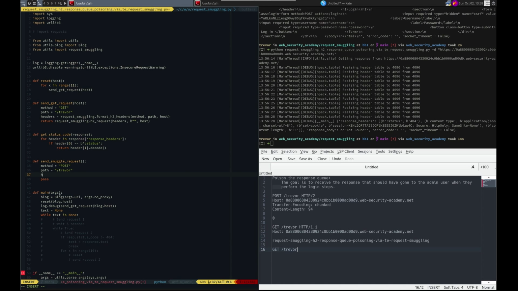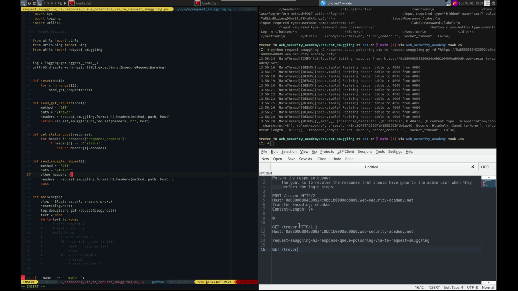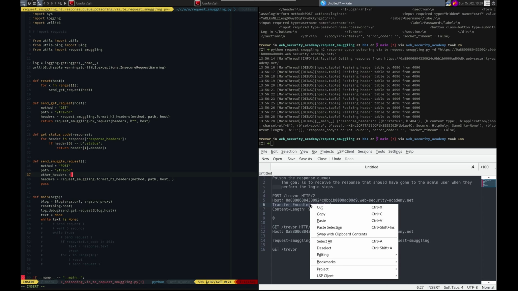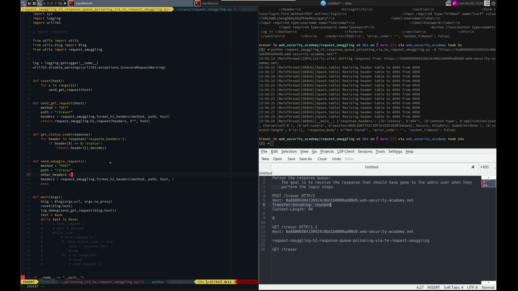Header. Oh, we need, yeah, we can do headers equals request smuggling dot format h2 headers method path host. We need other headers, headers equals, because we need transfer encoding chunked. I don't know if we need this. We can include that